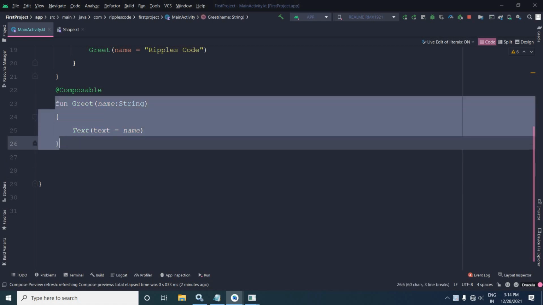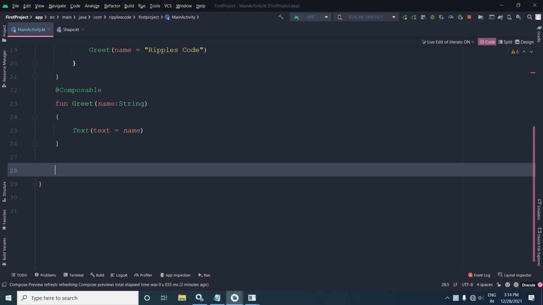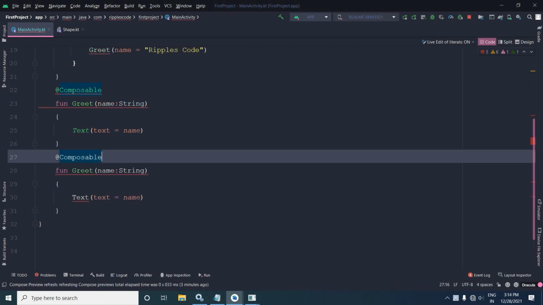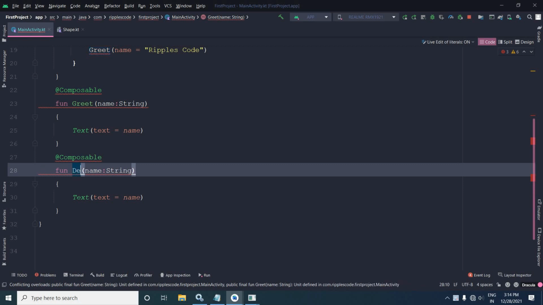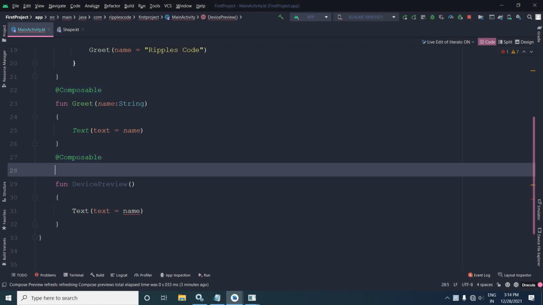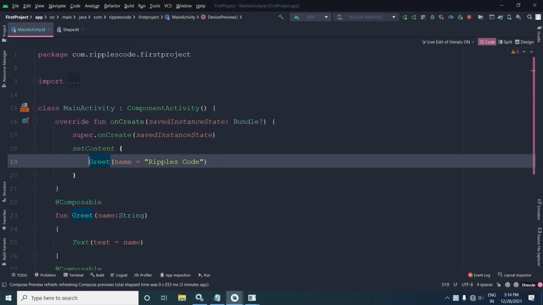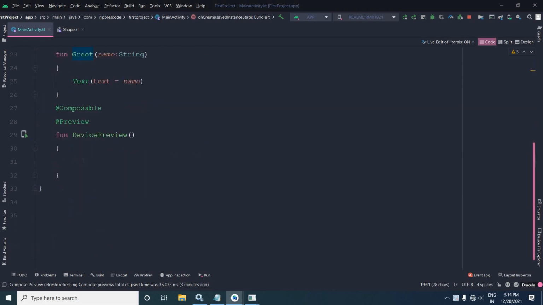What I will do, I will simply copy this, paste it here, make it composable and give the function name as DevicePreview. You can give any name as per your choice. And to enable the preview, here I will use the Preview annotation. Fine. And from this function I will call Greet.